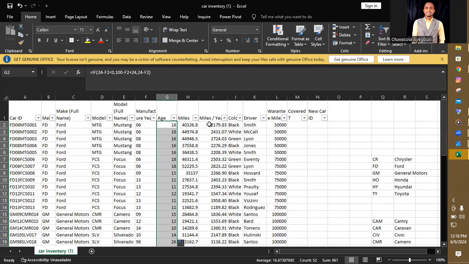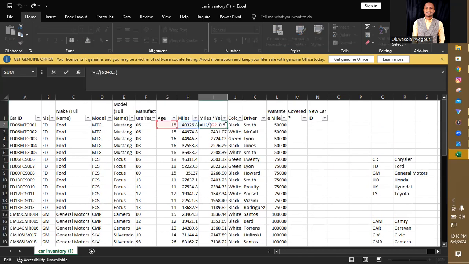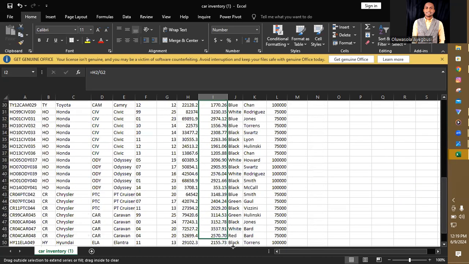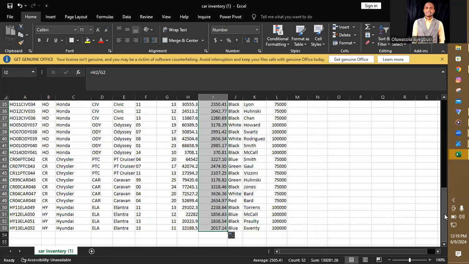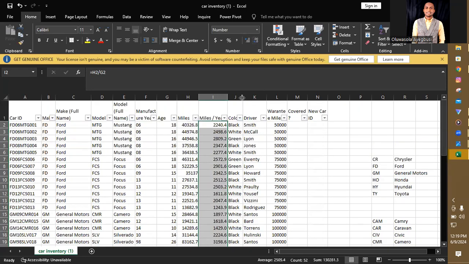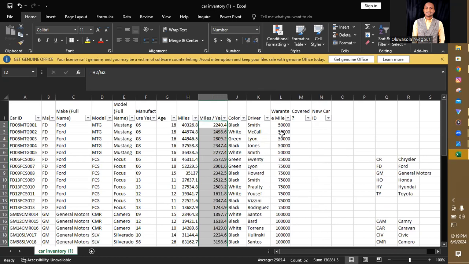So this has to also change. Let's look at this. Okay, so we might not need that assumption again. All right, so let's drag it down. Okay, beautiful. There you go. So we can make it just one decimal place. All right, this is a color, and these are the drivers driving those cars. So warranty miles, for it to be covered by insurance, it must have covered this, it must